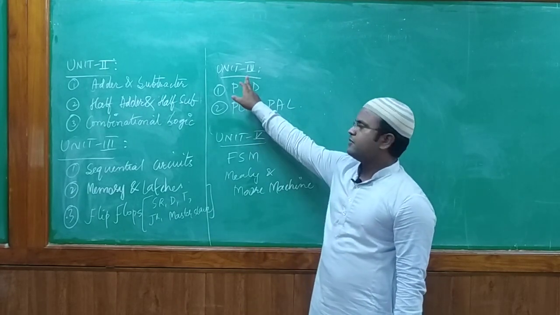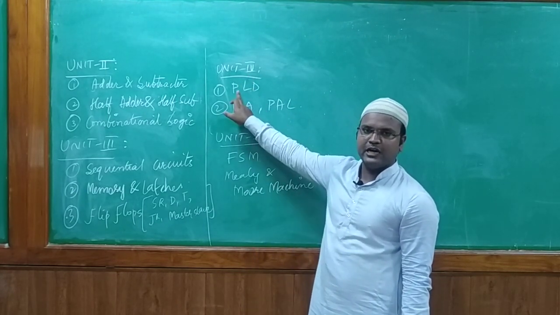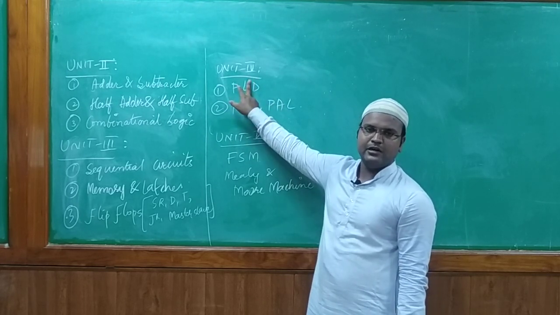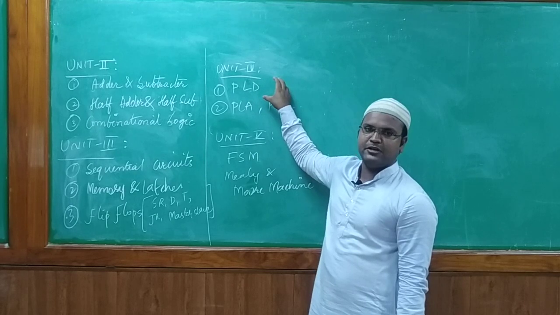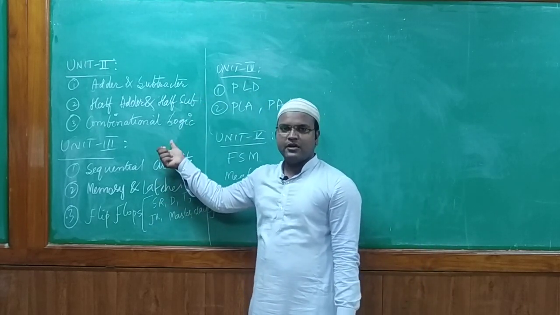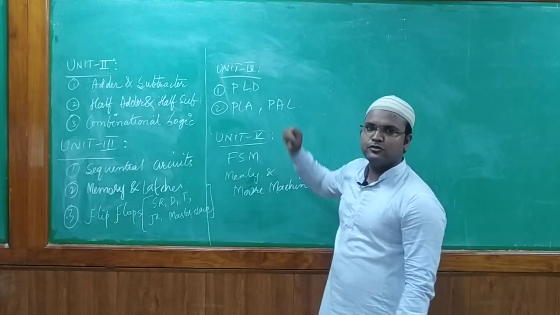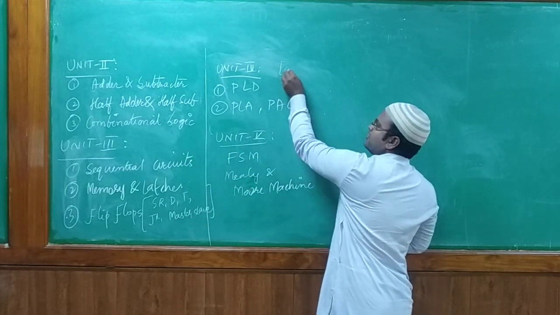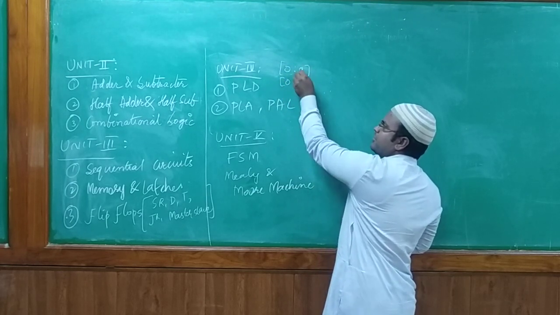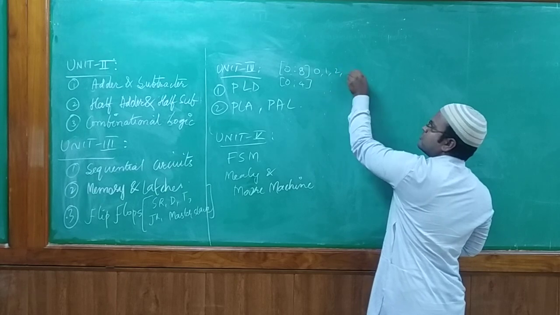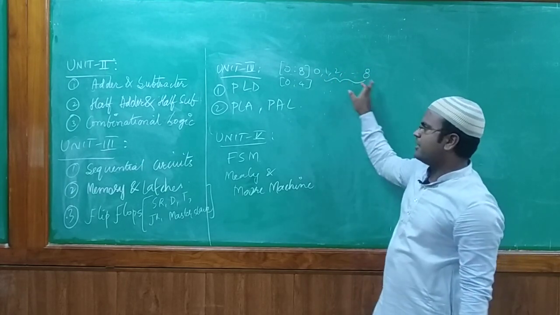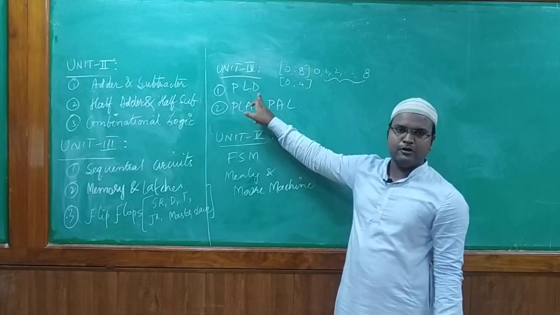Like that, next we have unit 4. Unit 4 will have PLD, programmable logic devices. In that we are going to learn how programmable logic arrays can be used. Since over here we were taking single inputs, instead of single we are taking arrays. As you all know, an array means a combination of inputs, like 0 to 8, which consists of 0, 1, 2, 3, and so on till 8. That means it's an array. How we can take all these arrays and how we can design programmable logic.